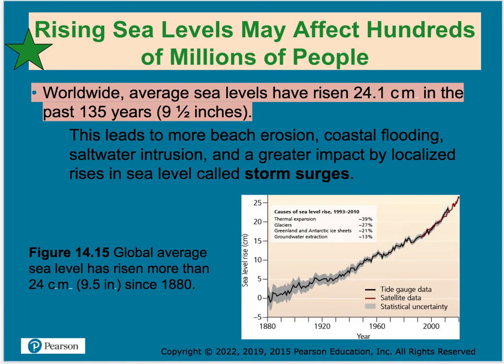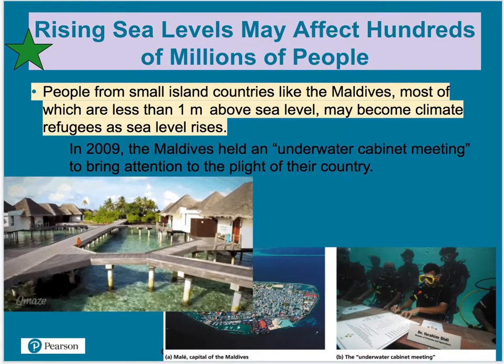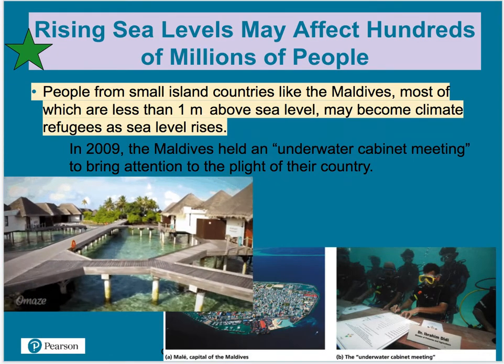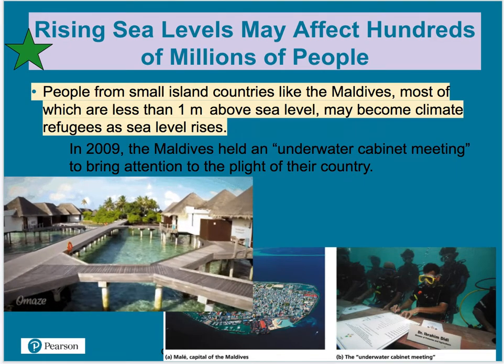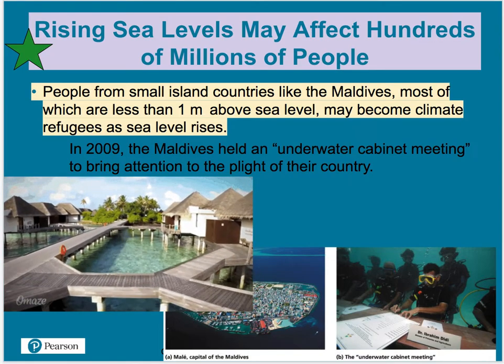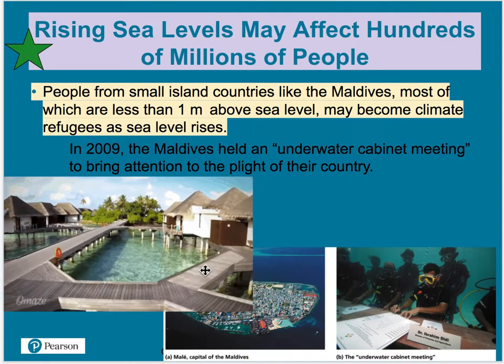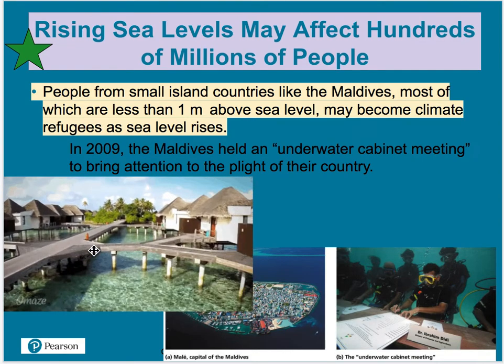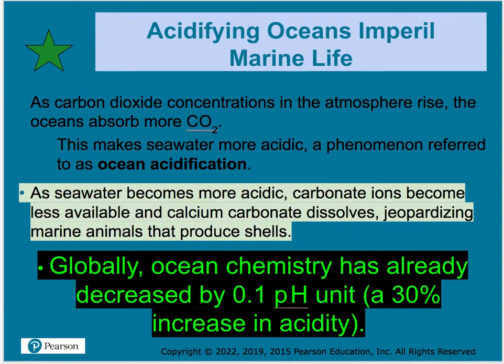So the rising sea level does actually affect people that live in areas that are not that high off of the ground. In the last 135 years, our oceans have risen about 9.5 inches, and 9.5 inches doesn't sound like too much, except there are countries like Maldives whose high point is about a meter off the ground. So it's only about waist high above ground for the majority of their land. So they do have a lot of spaces where it's just built on stilts, because that's what they need to do in order to have space.